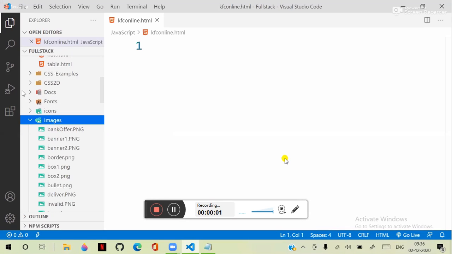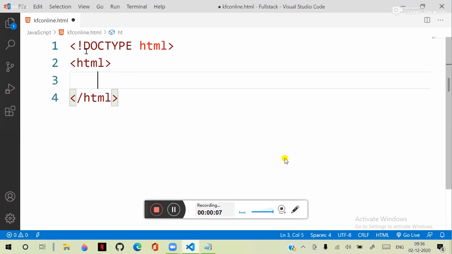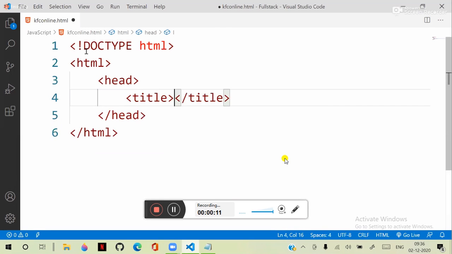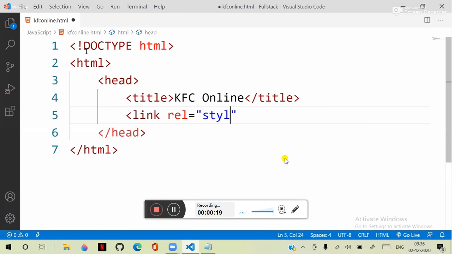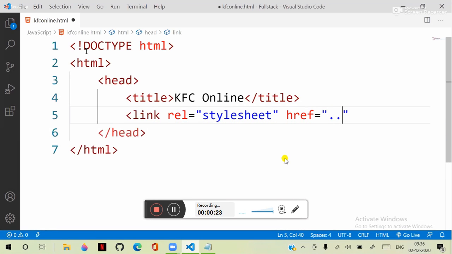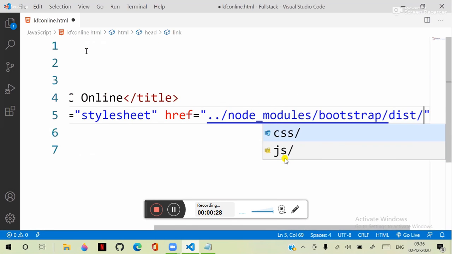So let's create a simple page here. So that's the doctype, HTML, head, and let's put the title as KFC. Okay, inline. And here we link, rel is equal to stylesheet, and the link href is equal to node_modules, bootstrap, dist, css,